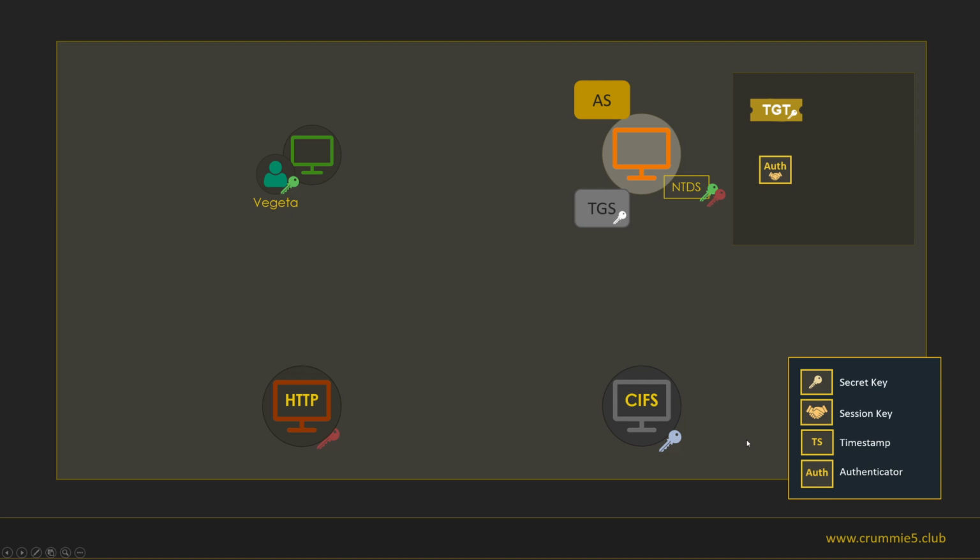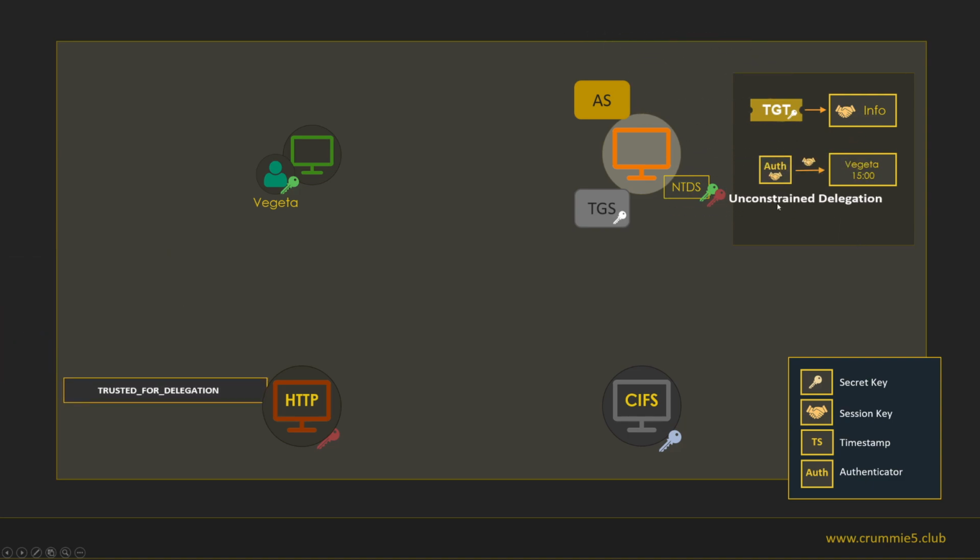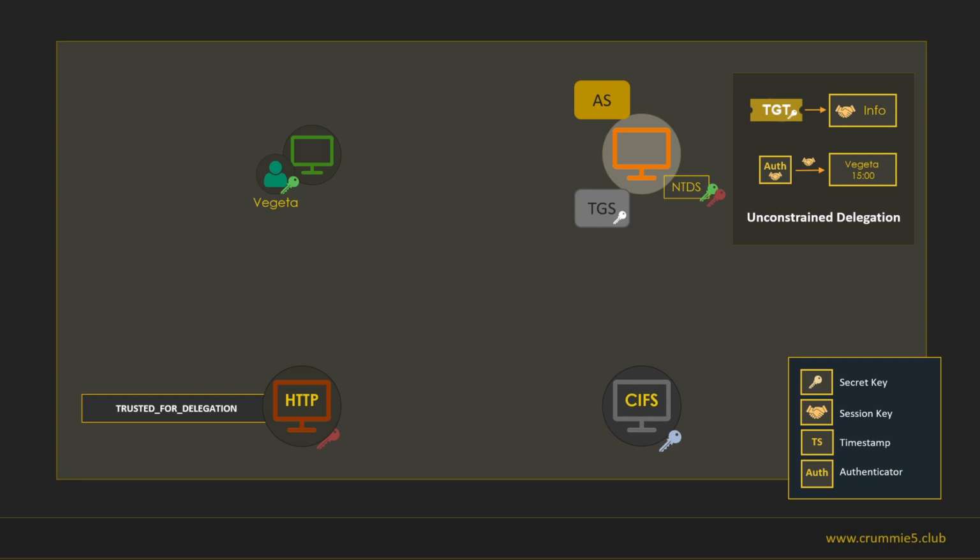So when the domain controller receives this request, he will verify if the TGT and authenticator information is all right, for example, by confirming that the identity in both is Vegeta, and the integrity, because the domain controller can decrypt this ticket properly, etc. And then the domain controller will notice that the target SPN has unconstrained delegation configured.